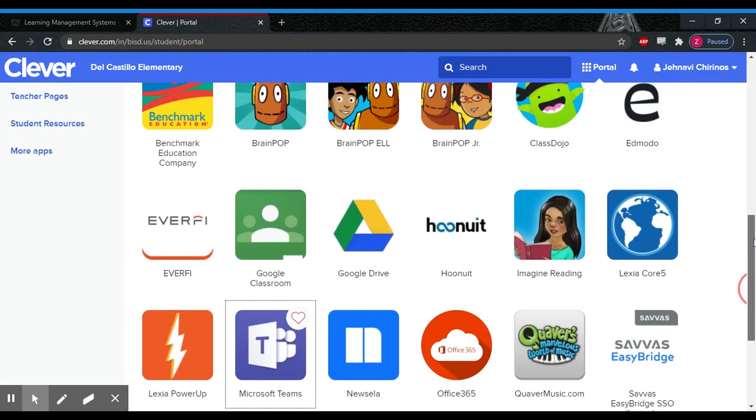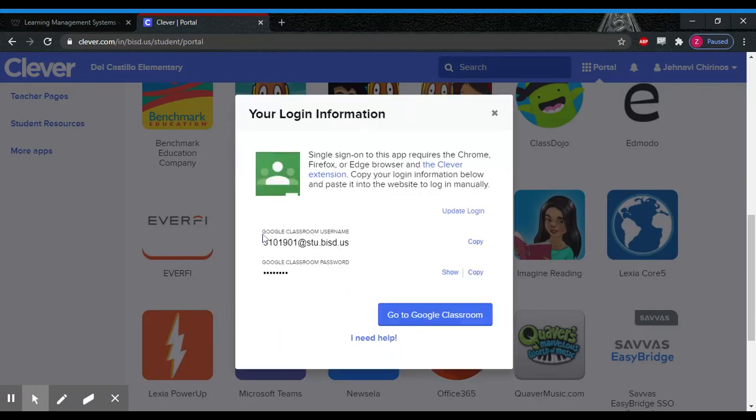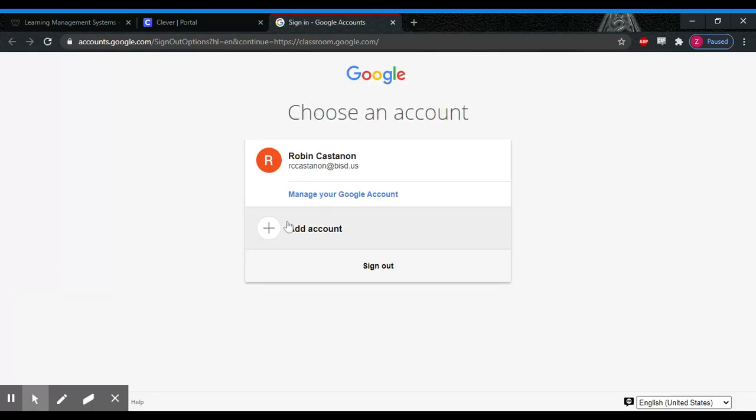The second thing I would like to show you is Google Classroom. So we will click on Google Classroom, and just like it did with Microsoft Teams, without that Clever extension, it's going to have us sign in. So again, I'm going to copy that password. I'm going to click on go to Google Classroom,